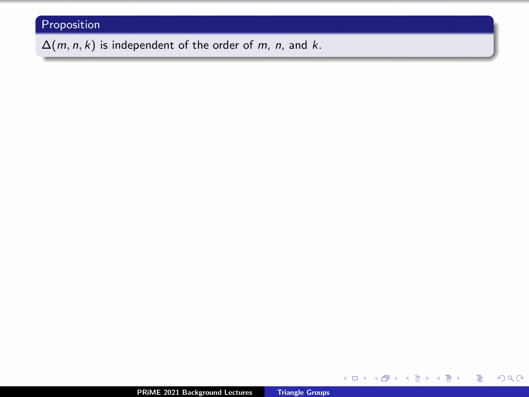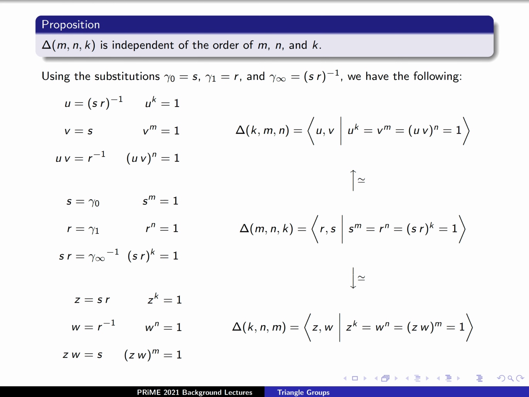The following proposition explains that the notation is a little bit less cumbersome than it first appears. Delta of m, n, k is independent of the order of m, n, and k. Let's explain why. First, let's simply ease our notation a bit by substituting gamma 0 as s, gamma 1 as r, and gamma infinity as sr inverse. The idea is that because we have the product, gamma 0, gamma 1, gamma infinity is equal to the identity,